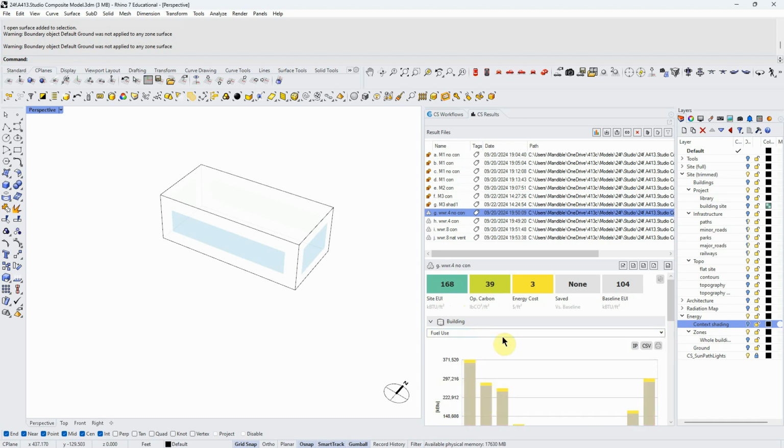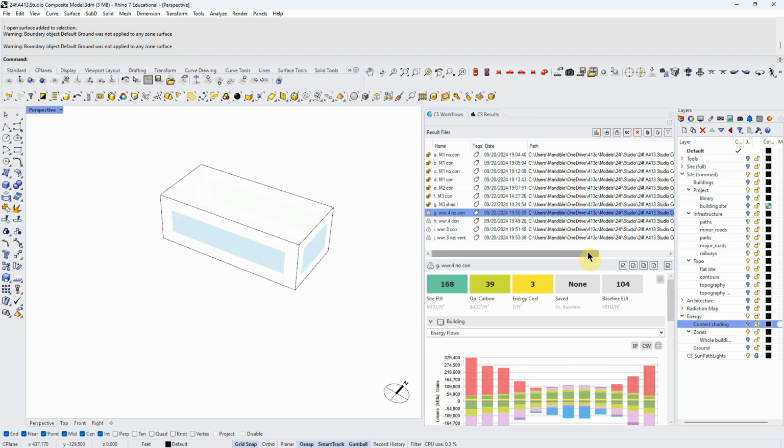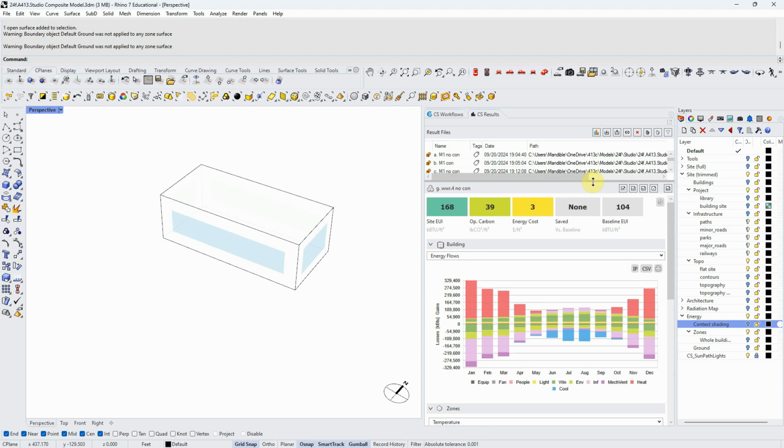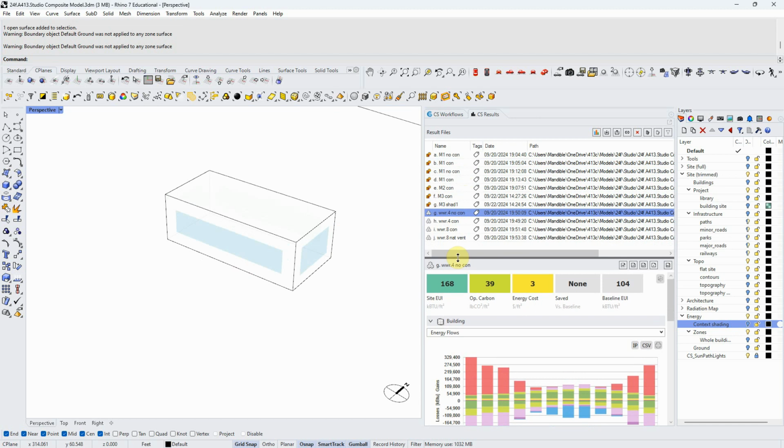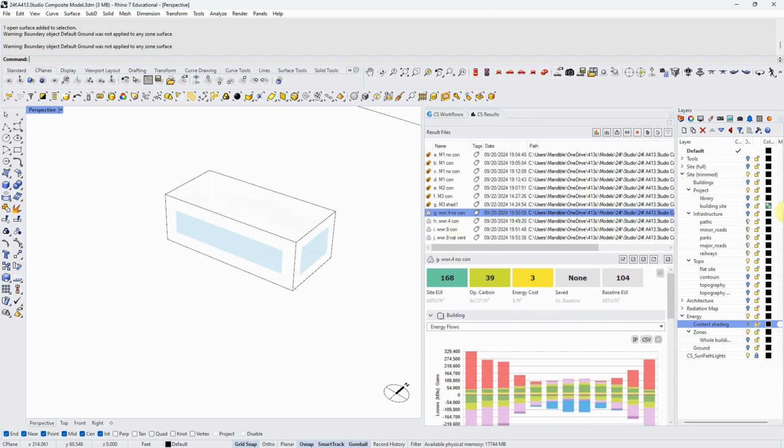We will later, but for this quick little demo, I was just saying we can quickly estimate how much energy our building is going to use relative to different decisions we might be thinking about right now. For example, the amount of glass. I'm using 168 kBTU per square foot. That's called EUI, energy use intensity, with this configuration. And that is without building context. So then I turned on this building context